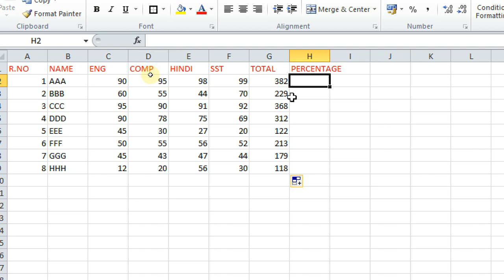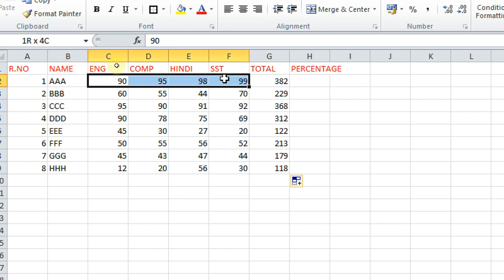The students who are doing the other WPS software. So here, the percentage I have to find. In mathematics, you already know how to calculate the percentage. If I have these numbers 1, 2, 3, 4, that means 4 subject numbers are there and maximum marks are 100, that means 400.